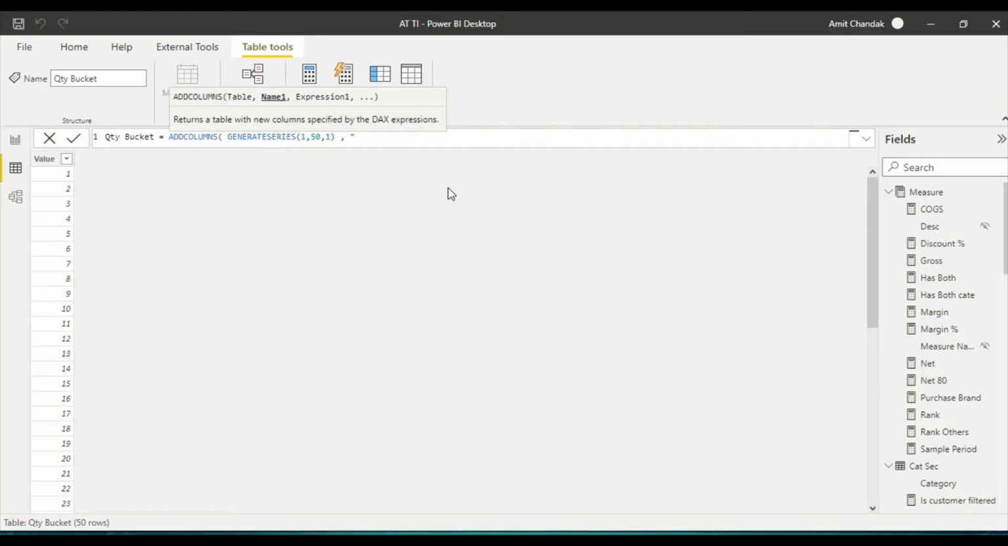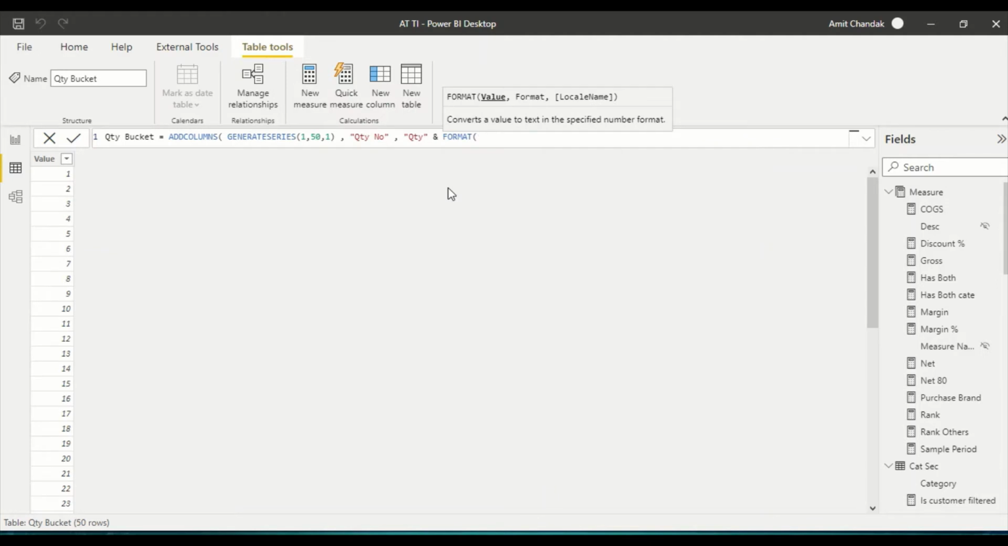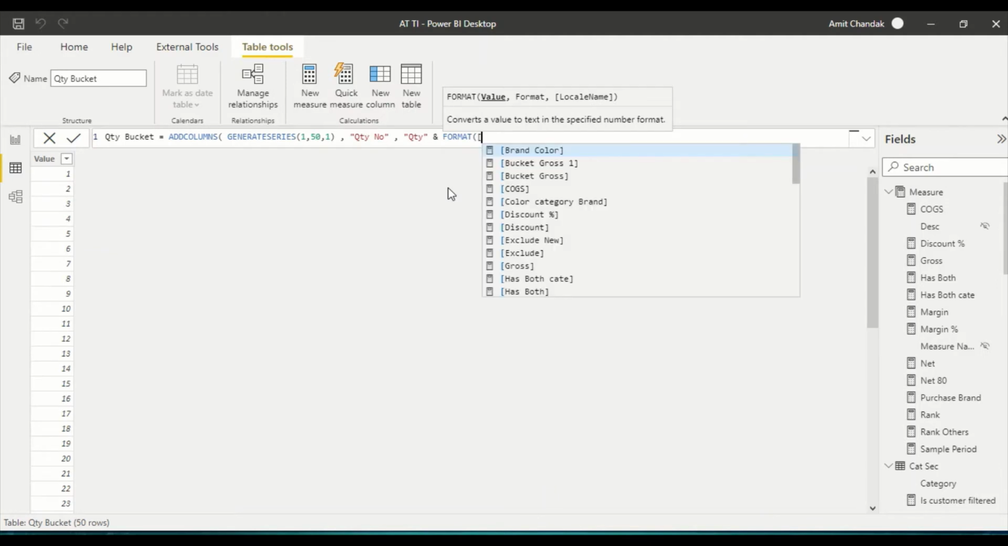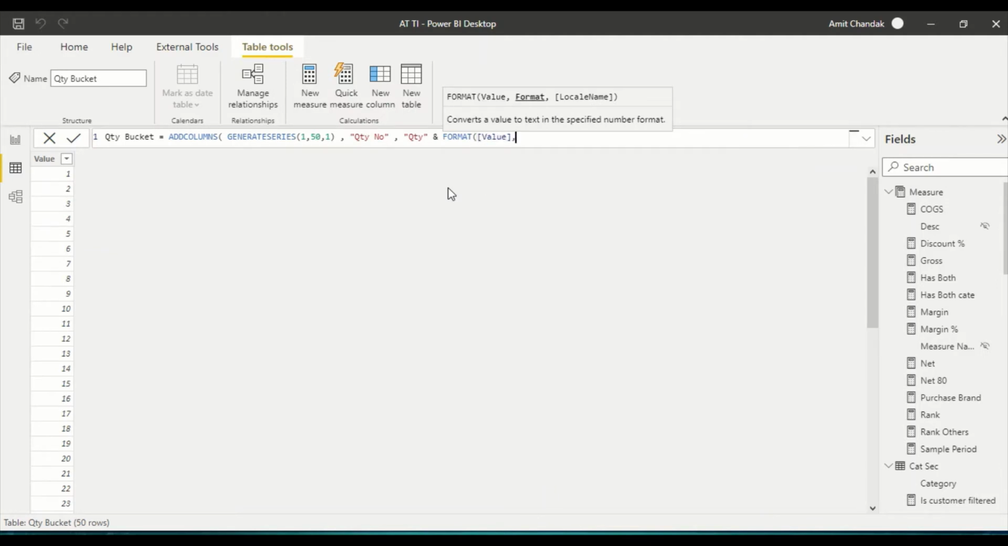So I'm going to say add column, which is quantity number, which is basically qty & format, and in the format I'm going to give the value column. The column in the generate series is value, and that's why I first used generate series to show you what the name is. And now I'm going to say 0 0, so I'm going to at least need 2 digits